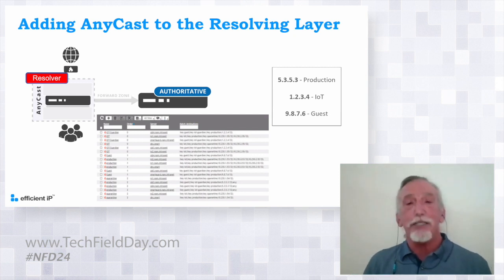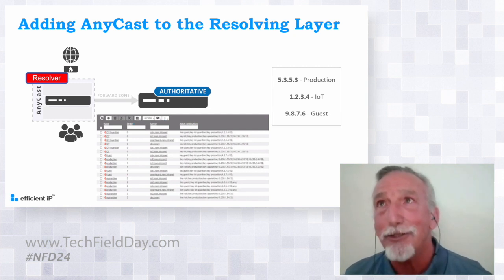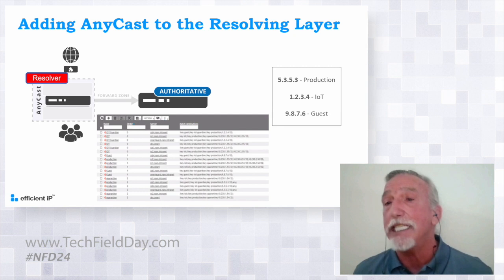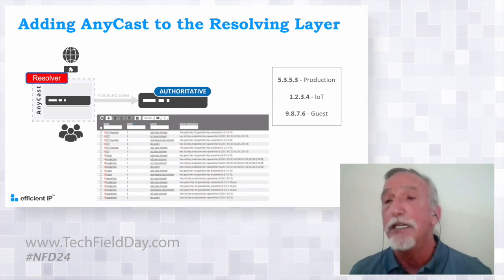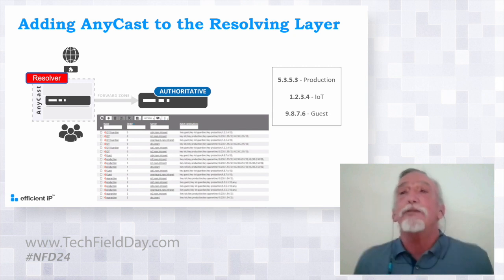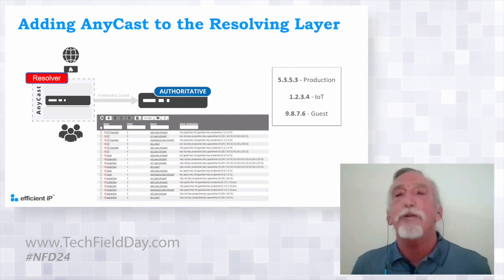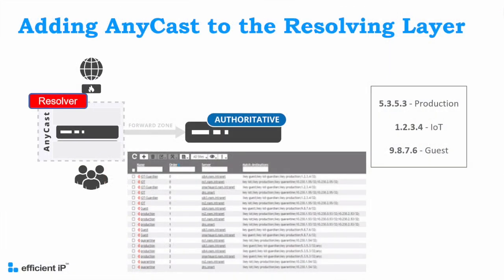But this is why I pointed out we've done a good job on the security side with the zero trust model. This is almost a zero trust model for DNS, right? Because within my DHCP options, I can specify what the DNS resolver is going to be, and it's going to be one of these AnyCast addresses. So even within the same DHCP range, by using ACLs, I can pick any one of these three AnyCast addresses to give to the client, so I can treat their DNS queries absolutely differently.